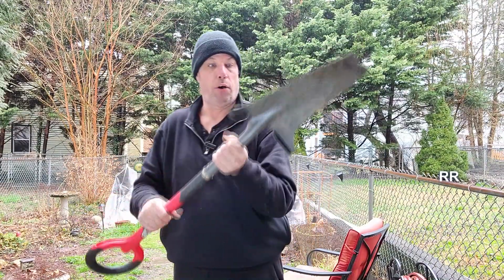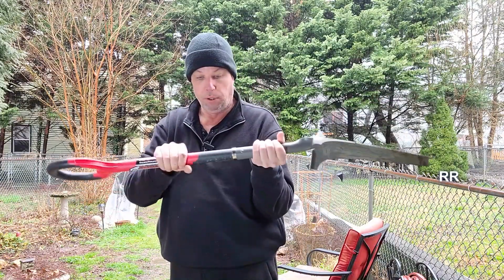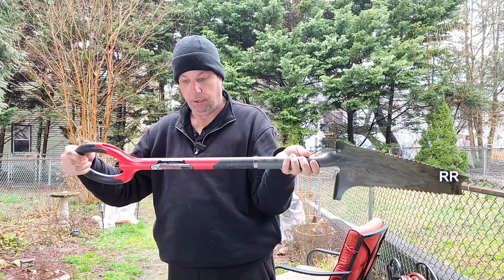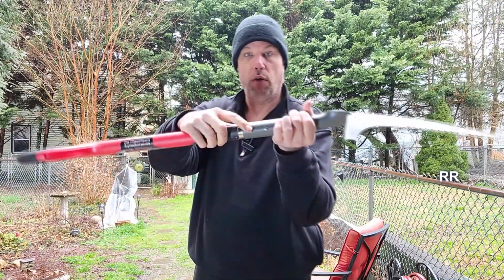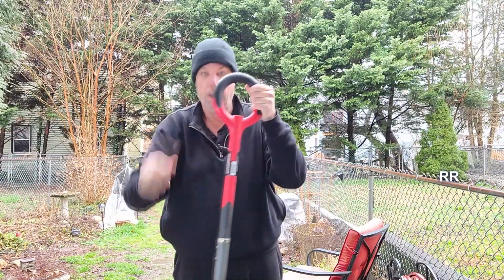Totally made out of a powder coated carbon steel right here. It is really, really well built. I don't know what this handle's made out of. It's some kind of thick resin type material, I guess. I don't even know. It is really well done. Riveted through right here. At first, I didn't know if I was gonna like this circular handle, but it really